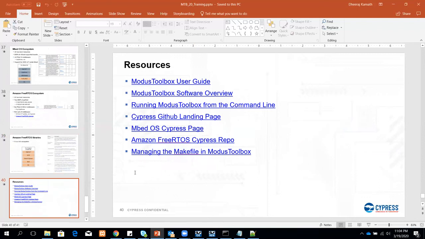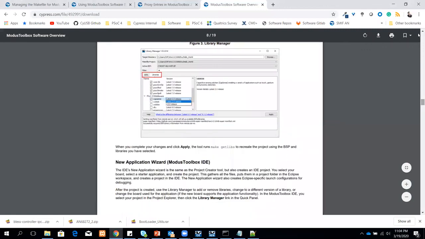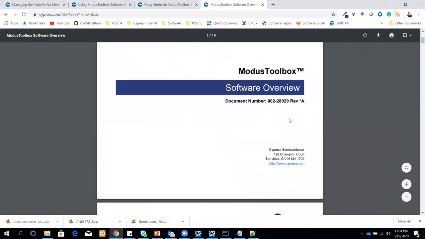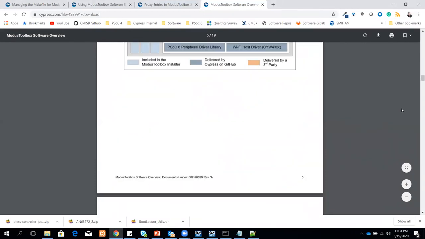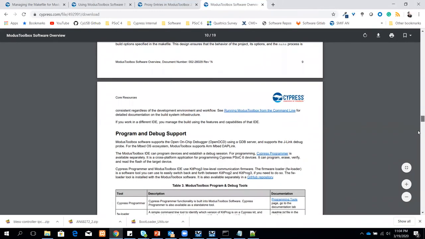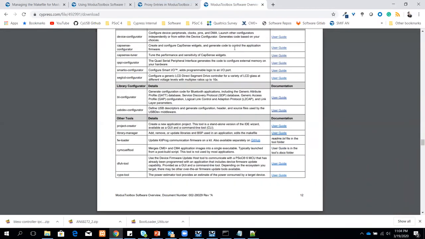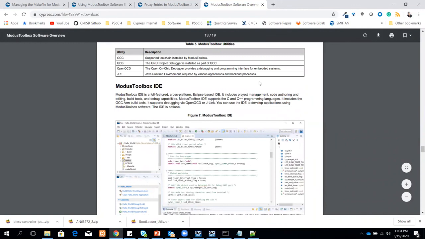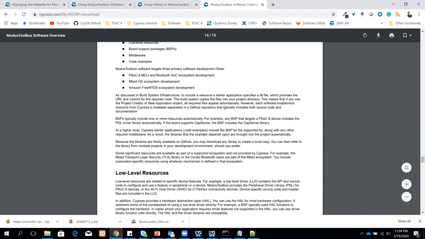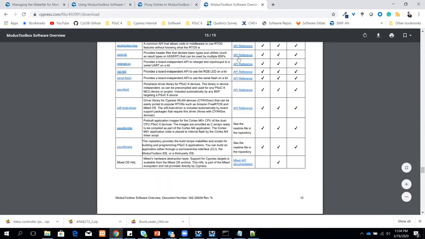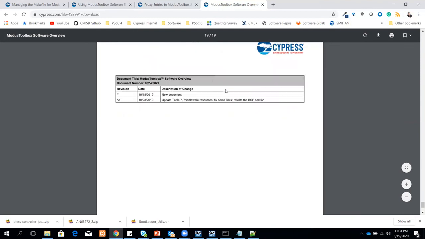This PPT itself is actually based off of the software overview guide that we have, and I've just mentioned some of them. So you can always go ahead and look into this particular user guide, look into this table, get the links for each one of them, learn more, and get into the depths of it. All of that is here in the software overview guide.